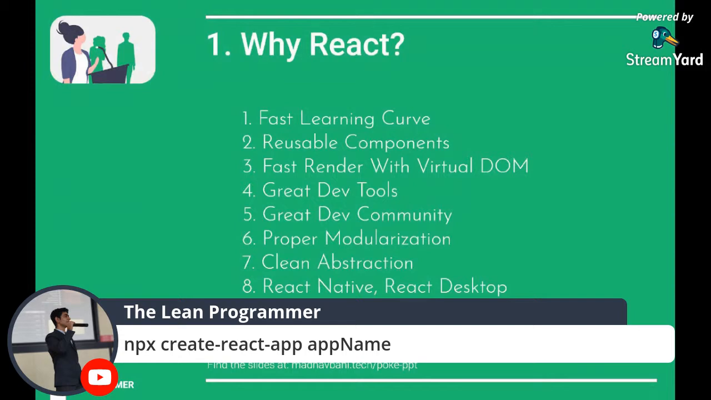So yeah, it makes the app very fast. And great dev tools, great developer community. If you have any doubt anywhere, you can just put up that doubt on Google or Stack Overflow, and you will definitely find help. So yeah, it has an amazing developer community, proper modularization, clean abstraction,